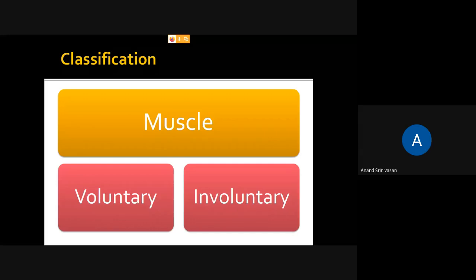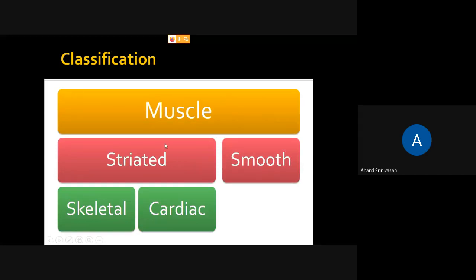The other muscle is the cardiac muscle, the heart. The heart is also made up of muscle, and you cannot control the beating of the heart. So these are the two different types of muscles: voluntary, which is under our control, and involuntary, which is not under our control. The other classification is